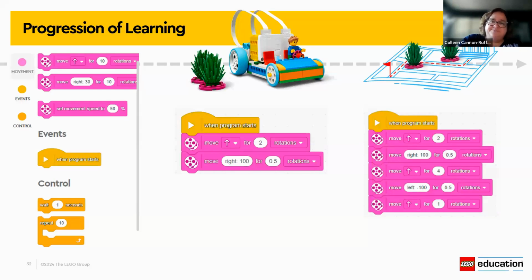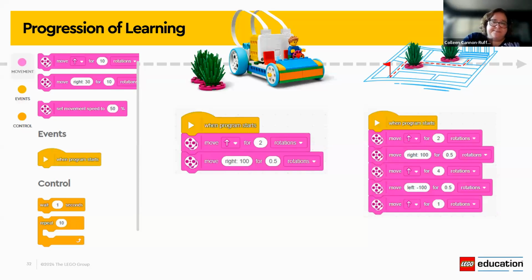That's all they need to be successful with the task, which is to get it to go through that path to get to its destination, right? We're trying to get Leo to the museum. So the students are being challenged to build something like this, where it gets them to move forward, turn right, move forward again, turn left, move forward again. They're at their destination. And that's awesome. The kids are going to play with the different parameters within this code, and they're going to learn what we need them to learn. Again, they have what's needed on the left-hand side for them to be successful with that